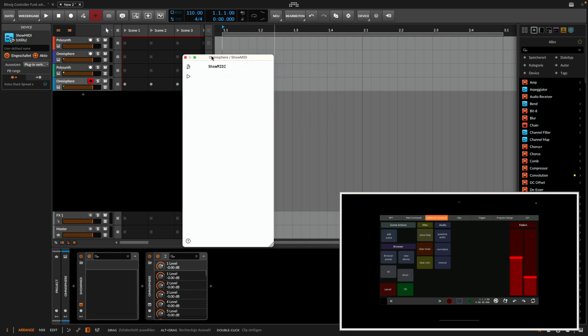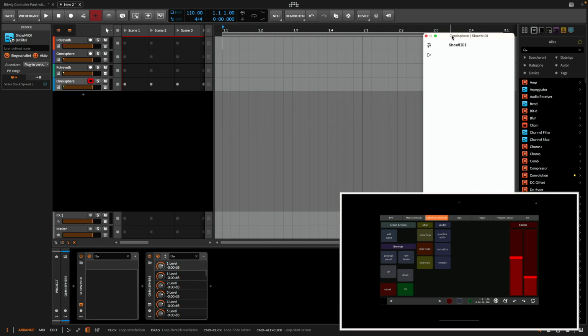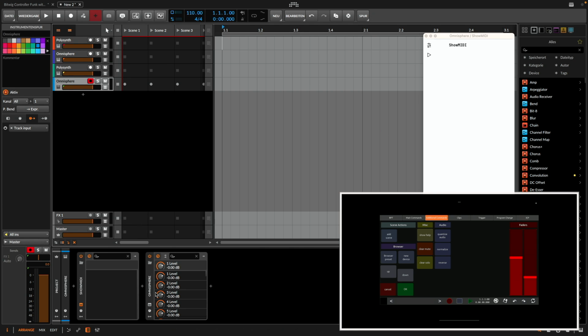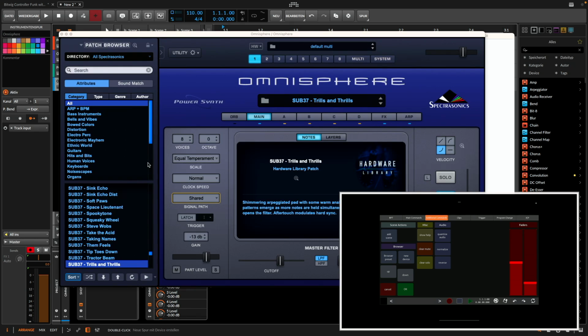By the way, it works with VST elements directly. For that, I have created an Omnisphere instance, and I put a Show MIDI before that. So I'm moving the faders here. You can see that the CC messages are sent, and let's have a look in Omnisphere, which is receiving these